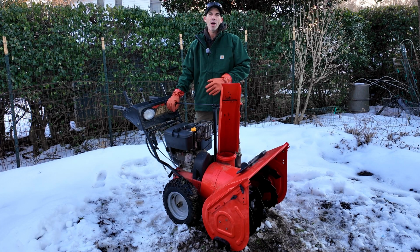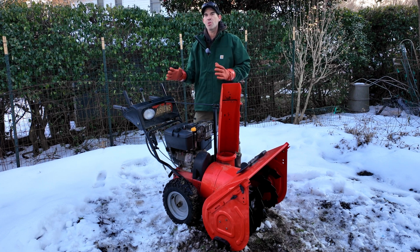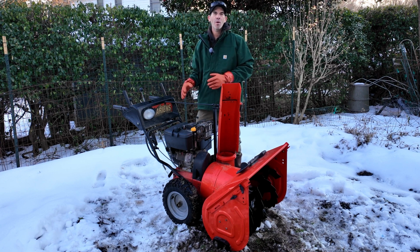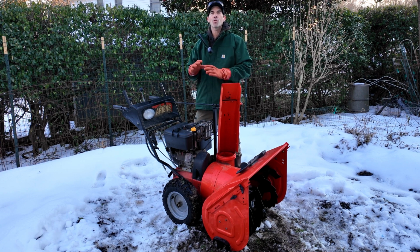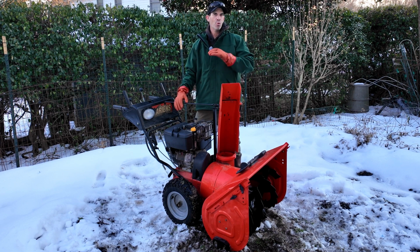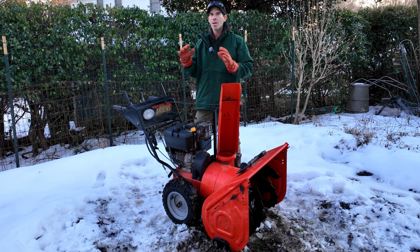This is my Ariens 11528, 11.5 horsepower Tecumseh engine, 28-inch clearing width. This is the deluxe model, so it came with heated grips and a headlight. I've had this snowblower now for about 20 years, and I can tell you it's truly unstoppable in the toughest conditions. If you need to cut through really deep snow or stacked high piles left by the snowplow, this snowblower